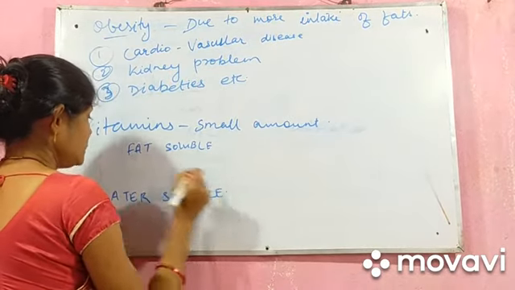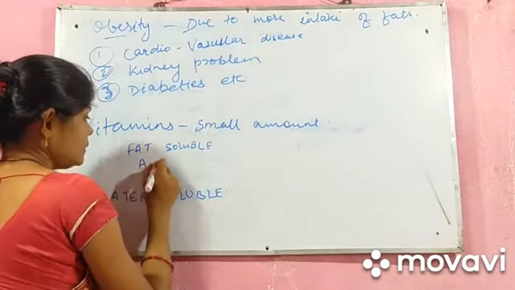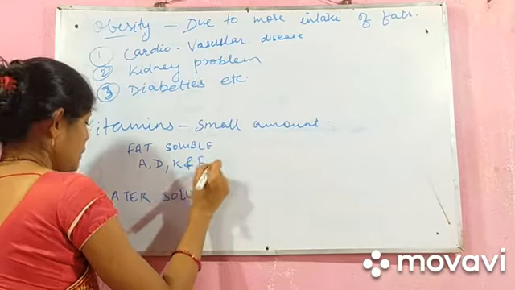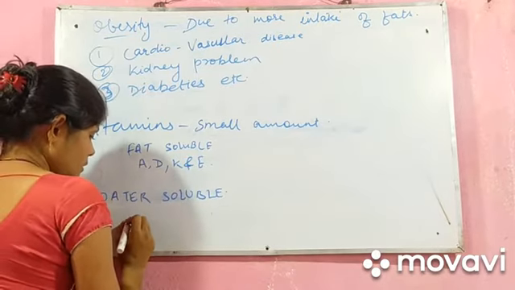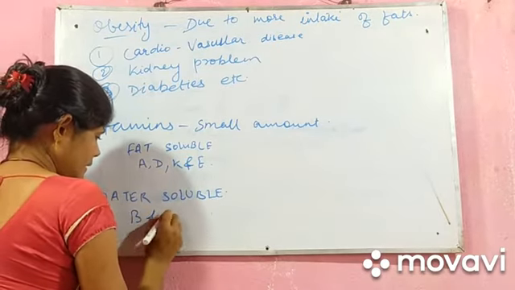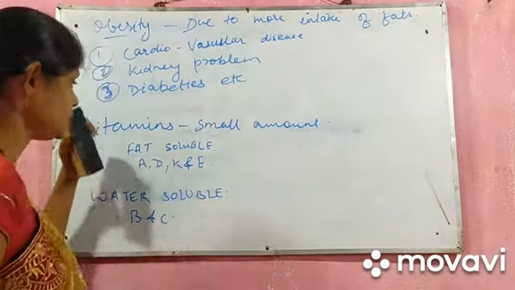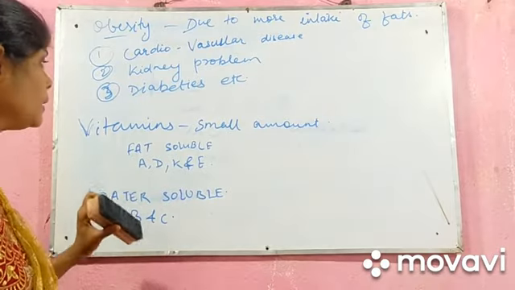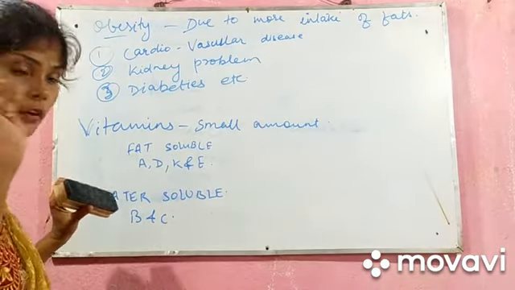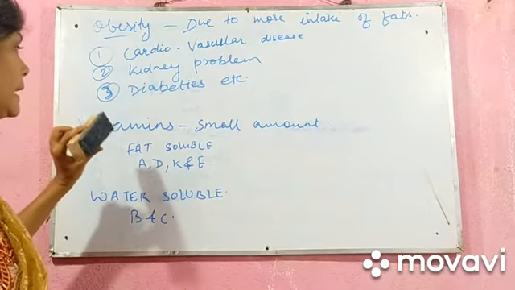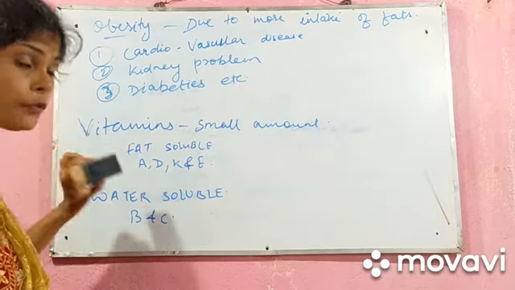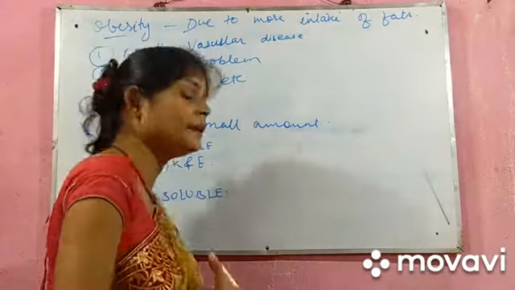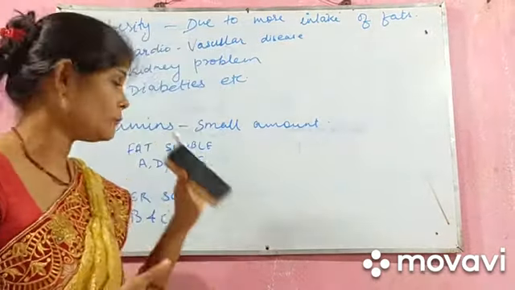Among fat soluble vitamins, here comes A, D, K and E. But in water soluble vitamins, there are only B and C. So these are the vitamins which are required by the body in an appropriate amount, but in a small ratio. They are required in a micronutrient form. You have the chemical names of these vitamins, so I will discuss this also.